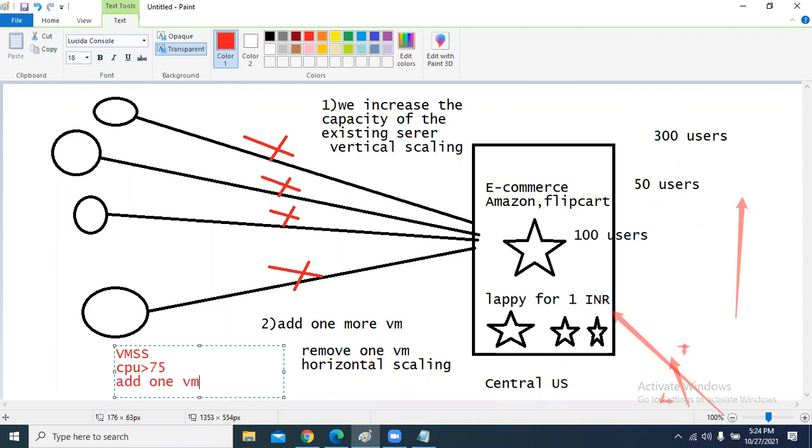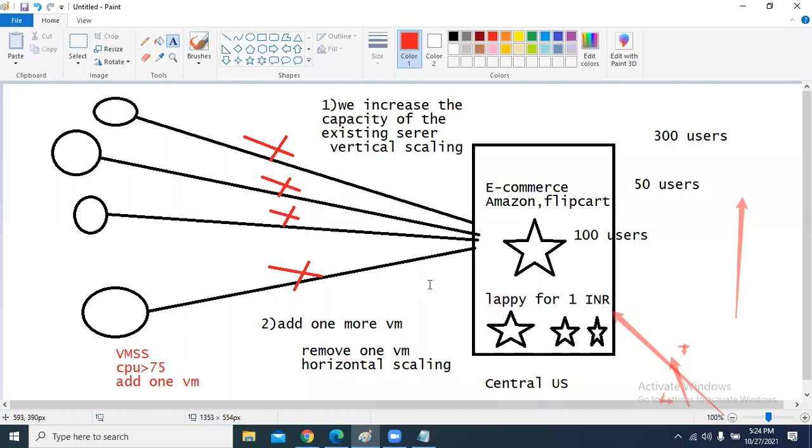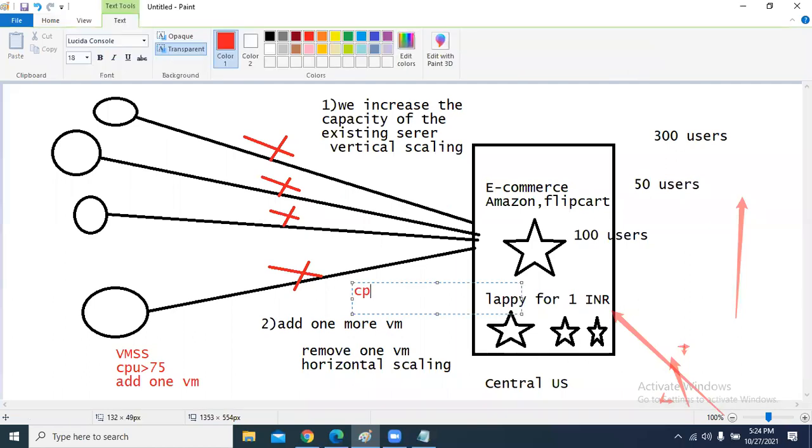Within a fraction of seconds, according to the workload, new machines will come and old machines will go. Whenever the CPU load is lesser than 25%, as the number of users decreases and the CPU is less used, we tell it to remove one VM.